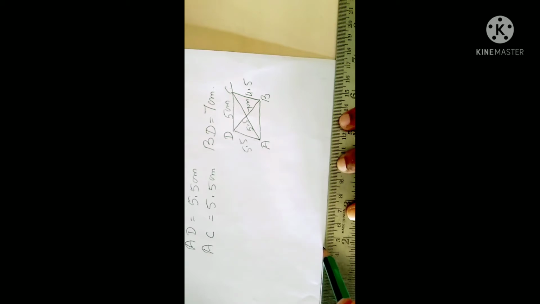So you can start with any. If you want to start with a diagonal, you can start with the diagonal. If you want to start with BC, you can start with BC. So let us start with BC first. So I am going to take BC. See here, BC is 4.5. You see here, this is 4.5 centimeter. Okay. So I have drawn 4.5 centimeter B and C.